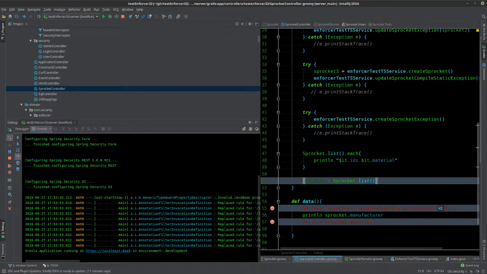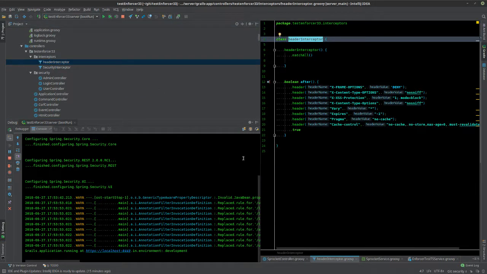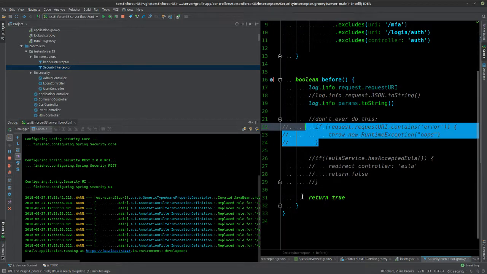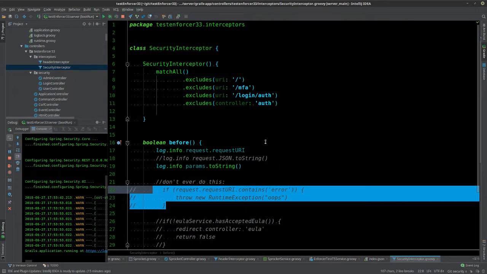Actually, I'll go to code, so you can see what one looks like. Oh, that's the header one. Let's go to the security one, and we'll blow that up and move this over. So you have interceptors, which are usually kept in the same folder that the controllers are. I put them off into their own separate package just because I like to separate them out. But that's my own personal issue with them.